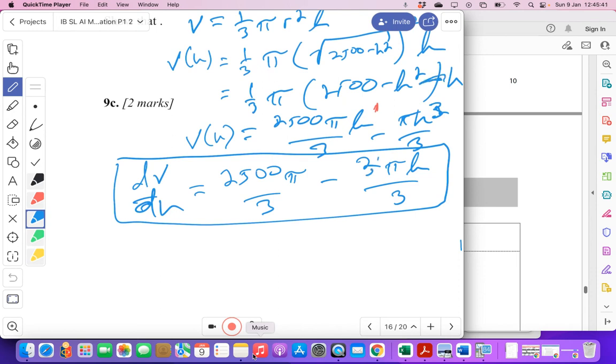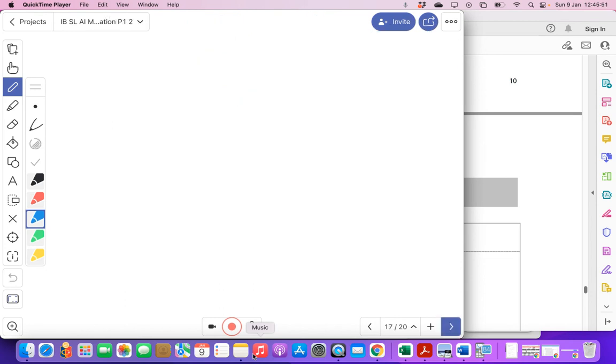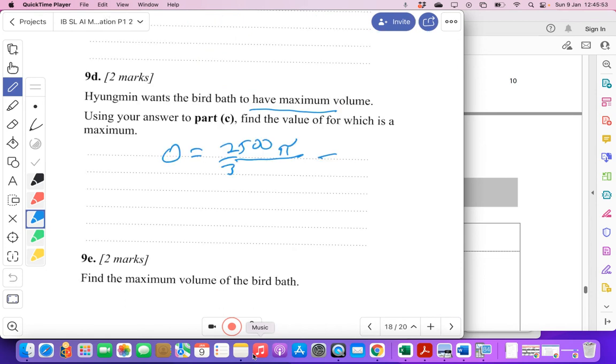Okay, so 3 over 3 is just going to be 1, so it's actually minus πh. A little mistake there. πh squared. Okay, so solve this equation, and we're going to have h is going to be equal to